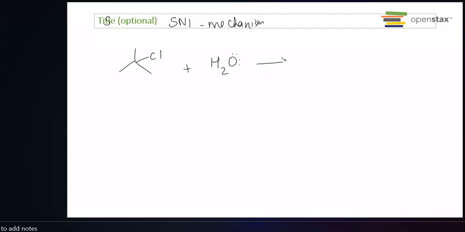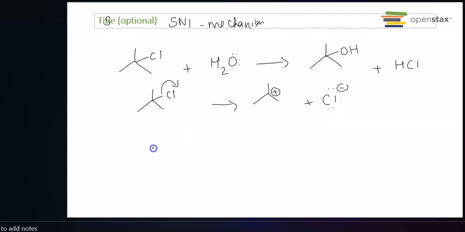Let's write down the overall reaction first. The product produces an OH alcohol and HCl as your side product. So in this case, the first step would be formation of the carbocation. For that, the chloride would leave and you get a carbocation, which is a tertiary carbocation, which is the most stable one,